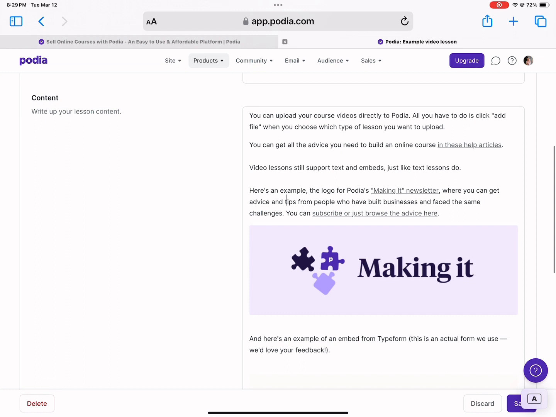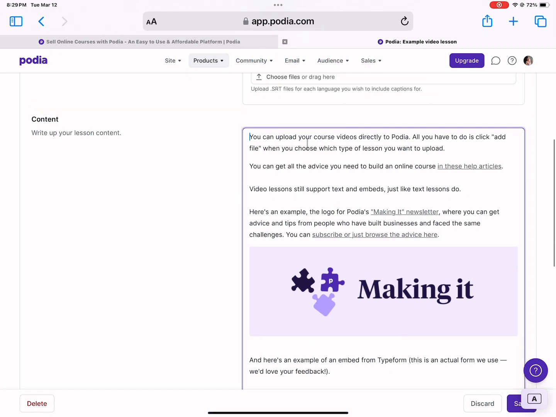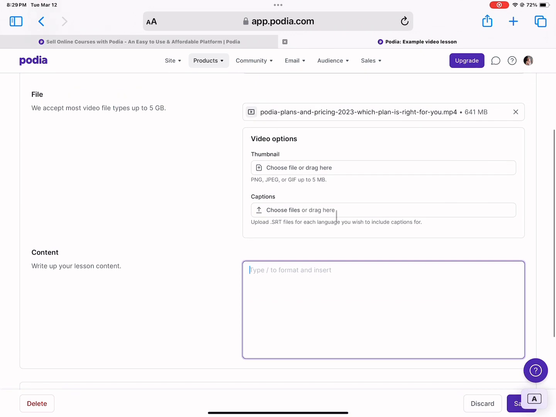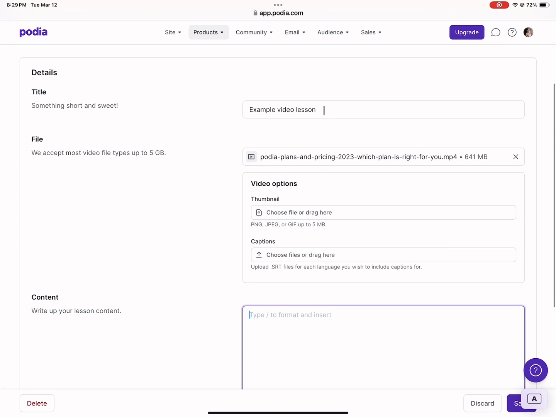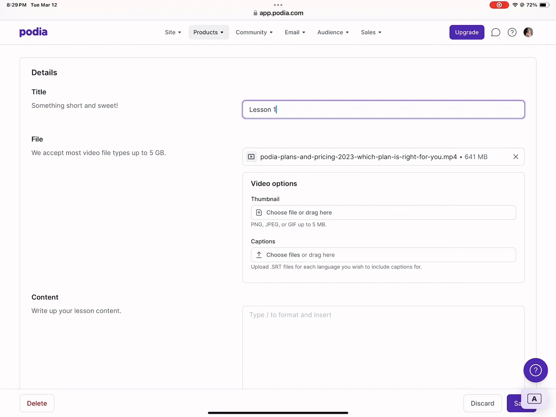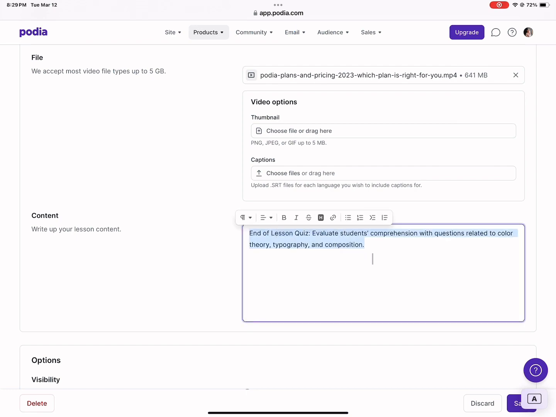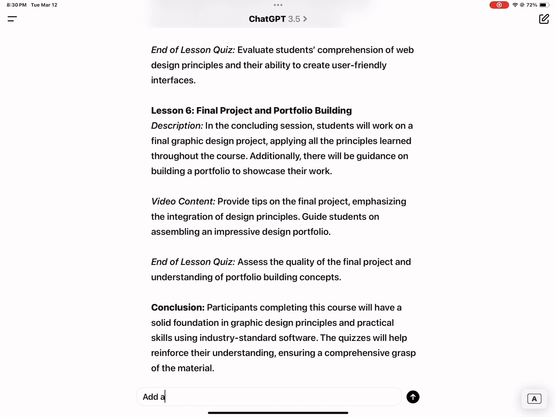So I'm just going to copy all of the content and then delete it because we don't really need it. Then I can either write up my own content, or I can head over to our lovely friend ChatGPT to help me write content based on what I already recorded my video on. So let's say my video is on the introduction, on what software to use to get started, and getting out of your comfort zone. Then I can put my content in that box according to what my video was about, just so that people know what the video is about.